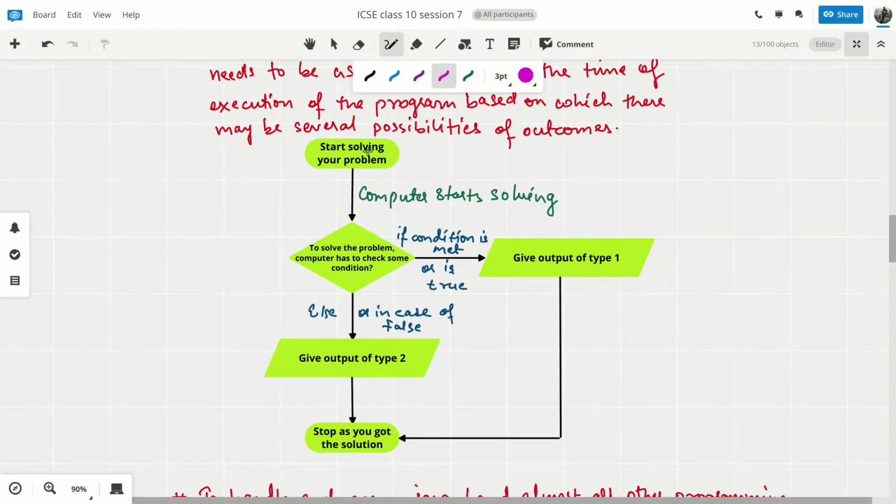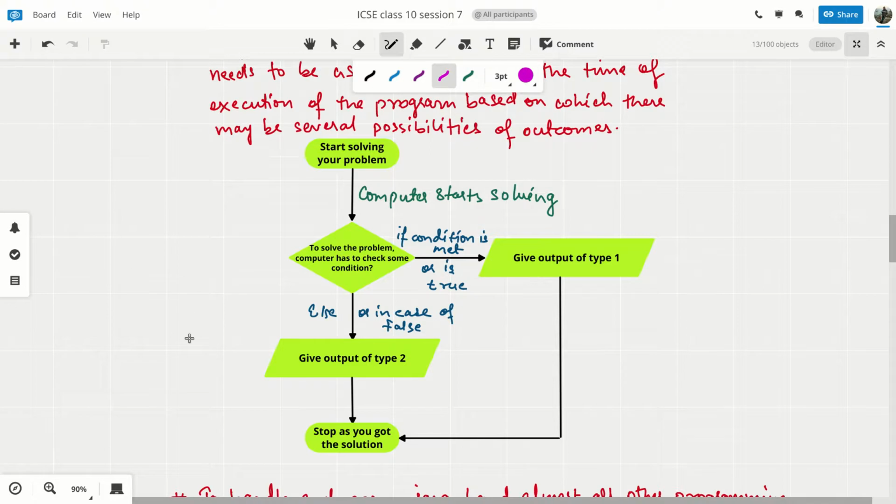So such type of problems wherein the computer needs to check some conditions before it can arrive at the solution, and depending on whether the condition is met or not met, it will give you either output type 1 or some different output. Okay, and then you will arrive at your solution.